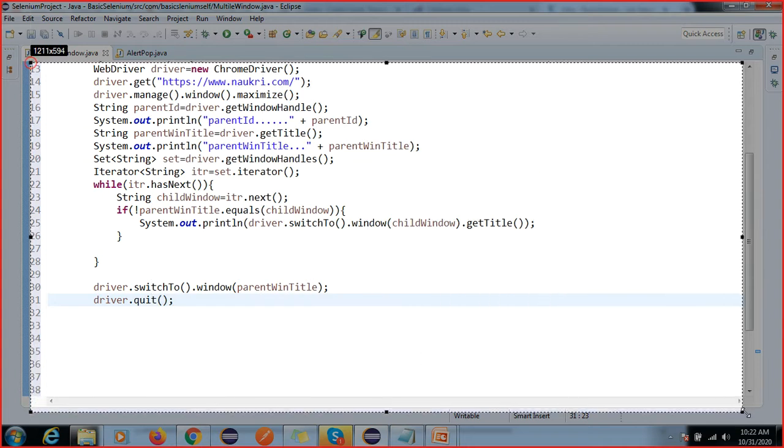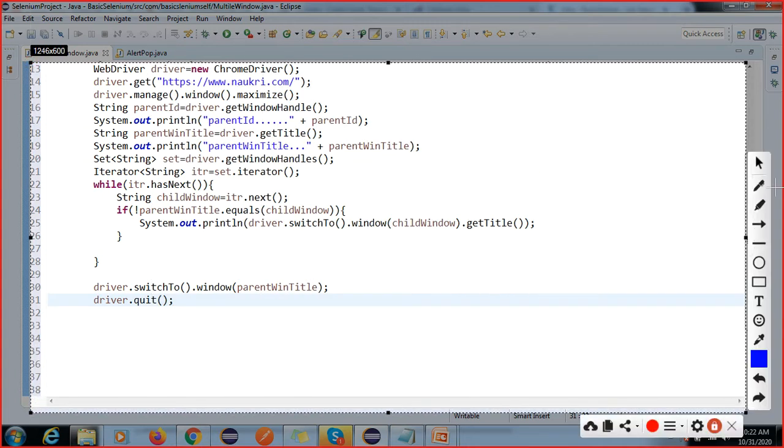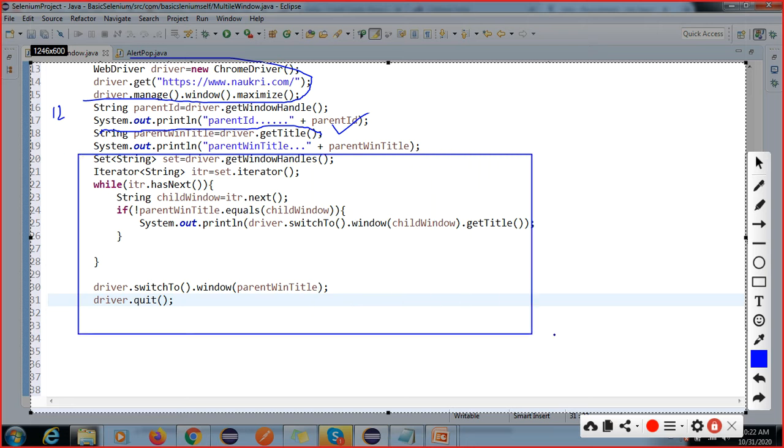So these are the common steps we already know, right? These are the common steps till now we already know. So what will happen when we call this getWindowHandle? It will store one ID, the parent ID, might be 1 2 3 something. So it will display here the parent ID, and we are only in the parent window, then it will capture this title by using this getTitle method. Okay, so now we have to understand this logic.